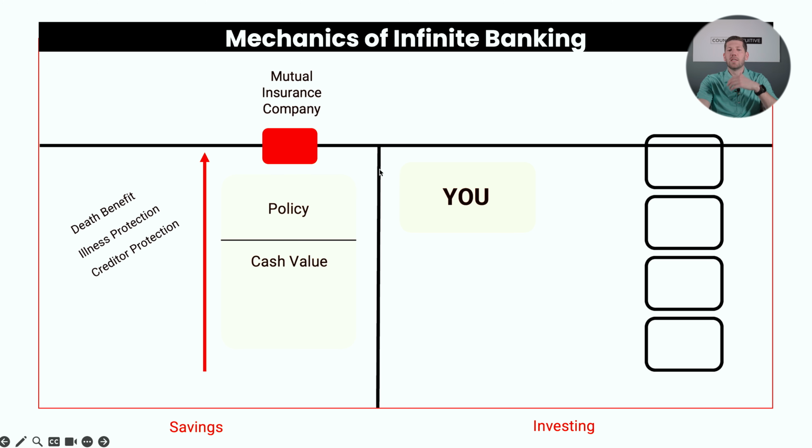Now, that policy, you're going to have cash in there, like I said. You're able to access that cash by withdrawing, or you're going to have very favorable loan provisions to borrow against it, which is a line of credit, essentially, called a policy loan in the insurance world. That policy loan, very unique. You can get up to 95% loan to value, typically, give or take a couple percentage points, of whatever your cash value is in that policy. You simply can use a third party like a bank to collateralize it and give you a line of credit, but the preferred method is to use the insurance company you have the policy with and get a loan from them called a policy loan.